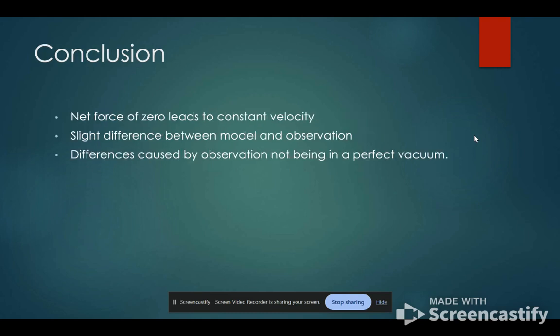In conclusion, we learned that a net force of 0 will lead to constant velocity in the motion of an object, and that there is a slight difference between the model and the observation that can be contributed to varying forces that were not incorporated in the observation, as the model was done in a perfect vacuum, while the observation was done in the real world, which has various other